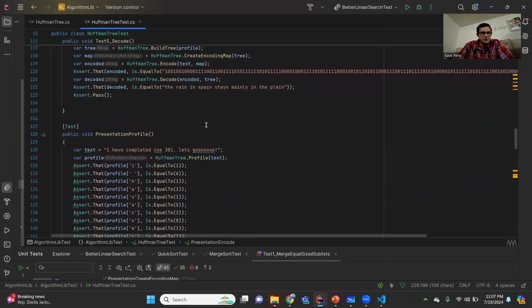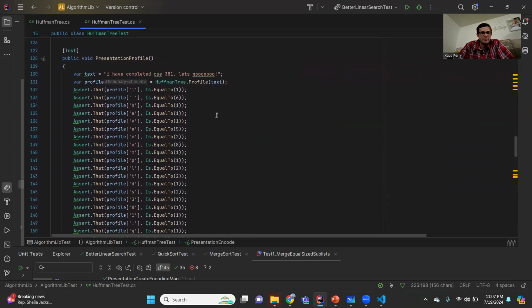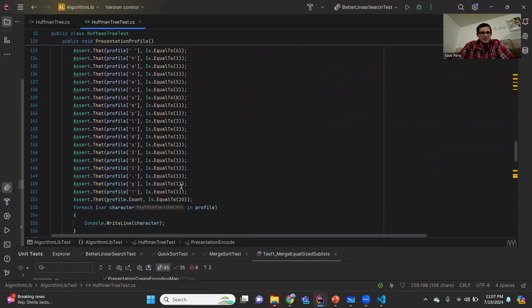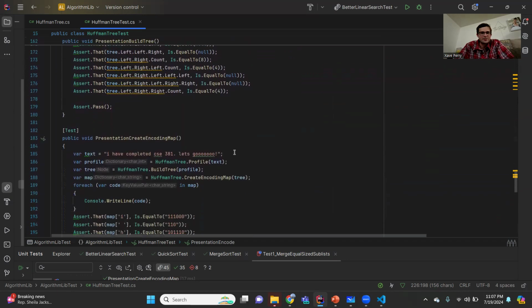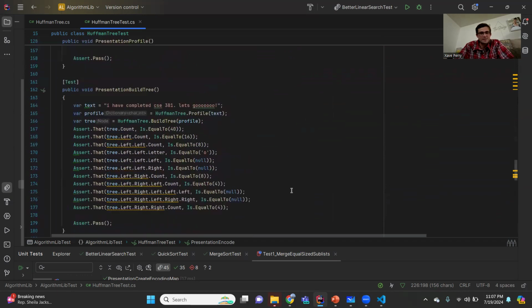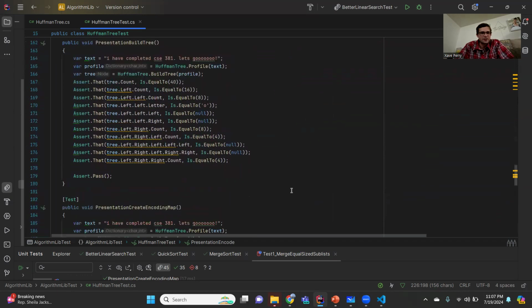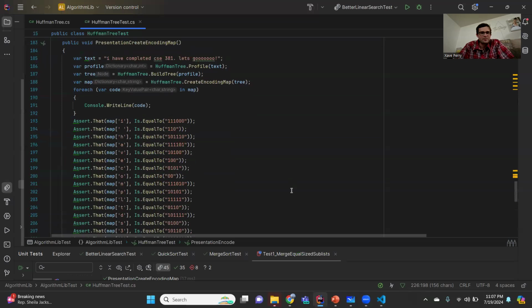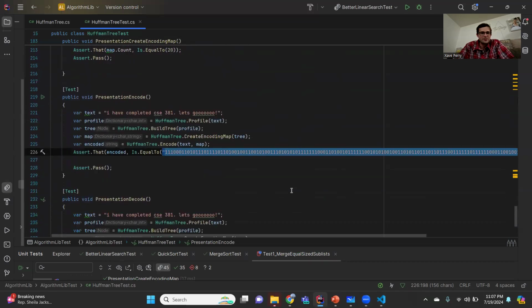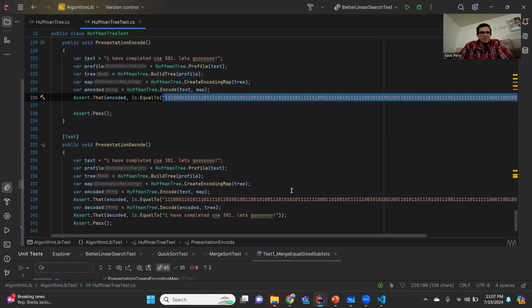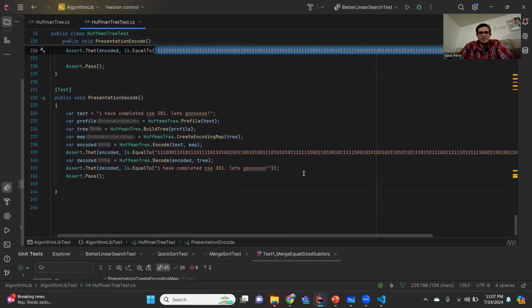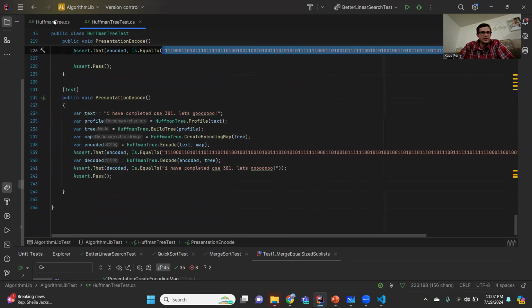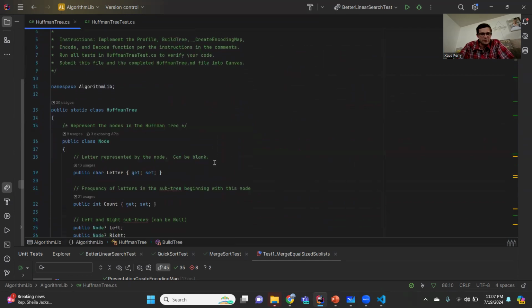Let's see. So yeah, here's how you profile it, just making sure all these values are the right ones. I checked a few of the branches in the tree, not as much as we did in the class, but that was a lot of work. Created the encodings, make sure they're all correct. Make the encode and the decode. So perfect. And so then the actual code, just to run through it,